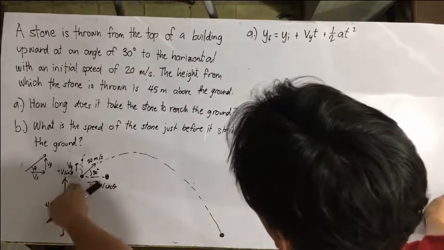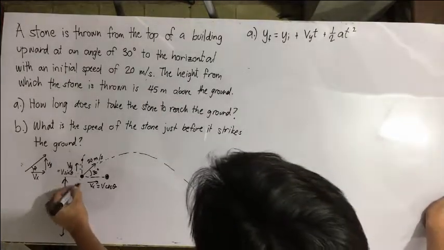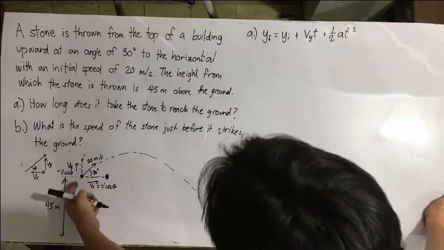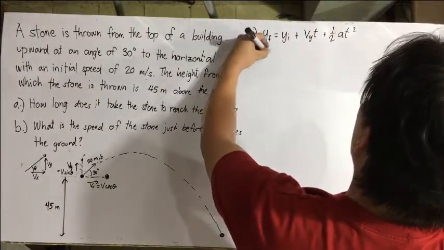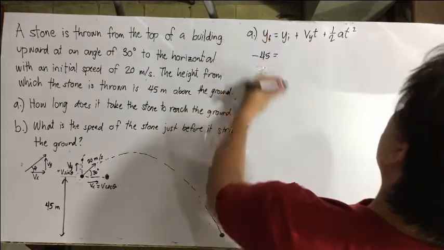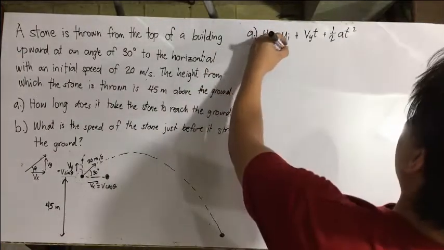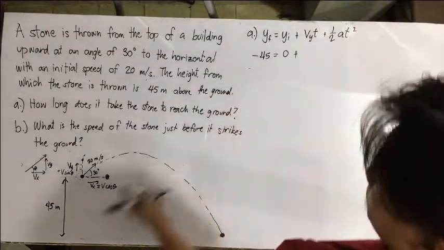Since this is 45 meters and we say that this is the origin, it's 45 meters below the origin, so therefore this will become negative 45 meters, and yi starts at the origin, so this is 0,